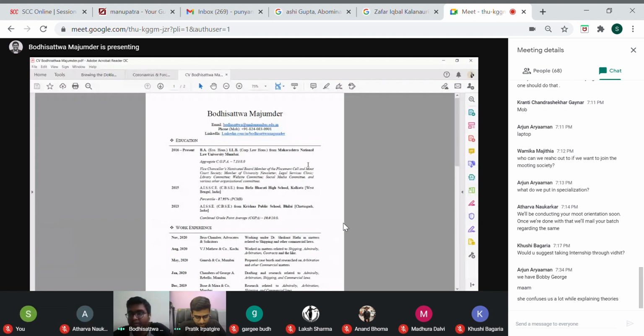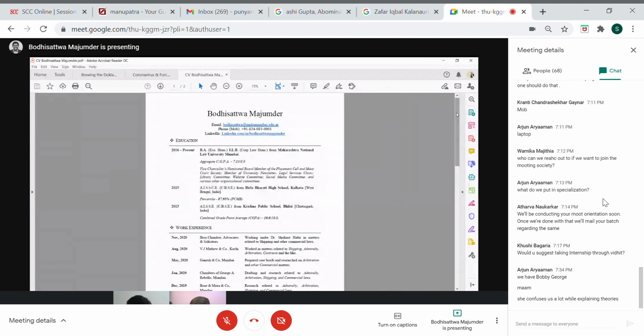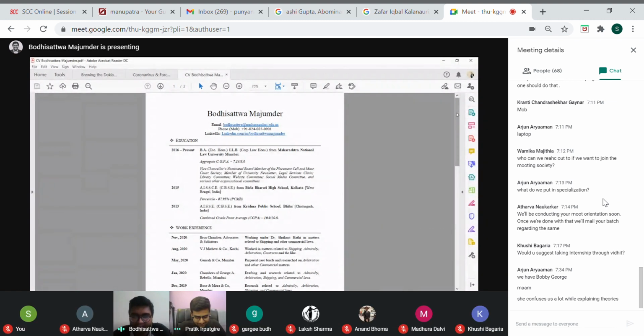On CV format, two things are important. One, it should look pretty, otherwise they reject it without even looking, because each firm gets around 50-60 CVs per intern position. If it is not pretty, they will not even look, because when you make a CV pretty, they will know that you have researched about it and drafted it after research. So it is very important to do that.